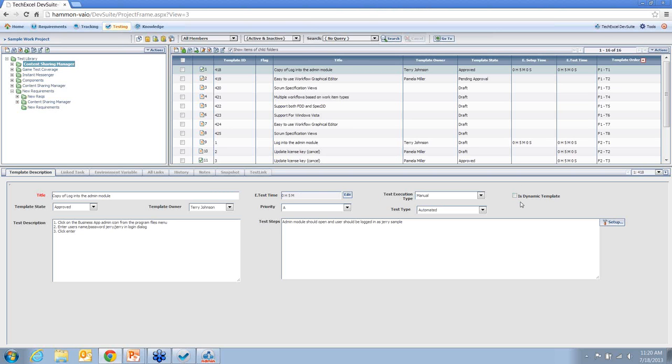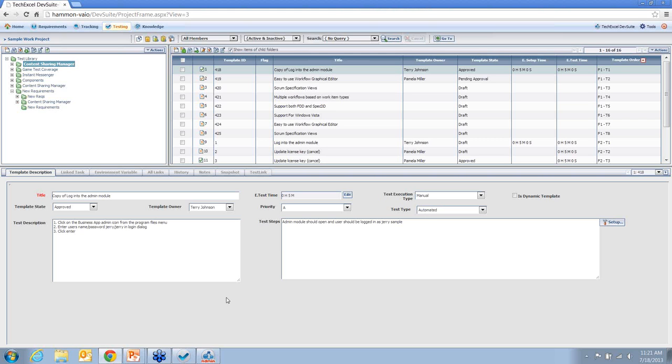We also have a new feature in DevTest 5.2.1 that allows you to create dynamic templates or designate a template as dynamic. So for existing users, I want to point out a couple things about this feature. First off, it does need to be turned on in the admin on the feature options settings. And also there is a user permission associated with this feature. So you're going to need to make sure that your users are updated to have permission to do this, otherwise you won't have the